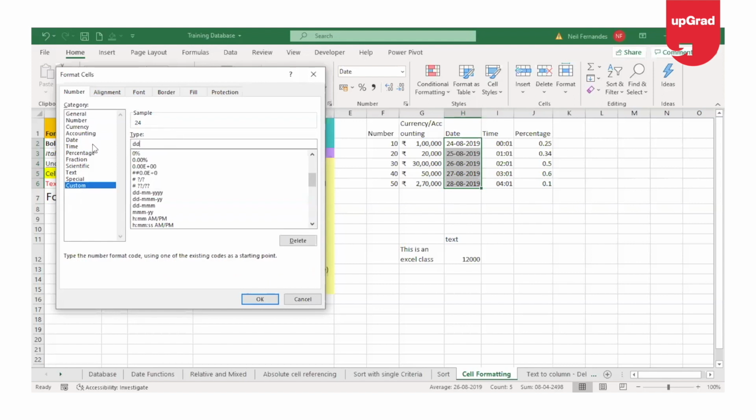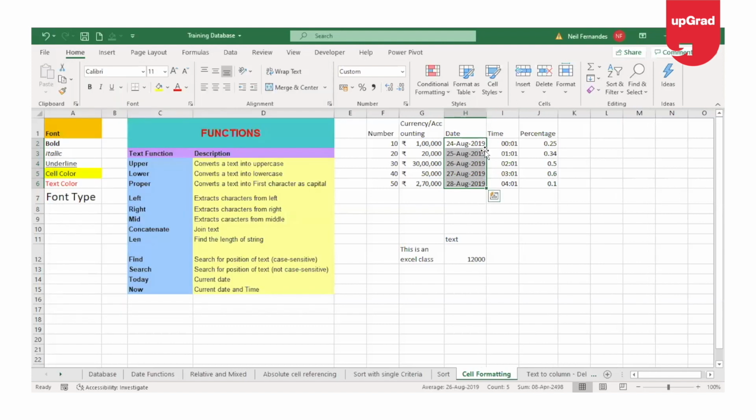I'll put DD-MMMM. Here you can see if I put 4 M's, it is showing me the name of the month, but I just want the first 3 letters of that month. So I'm going to put only 3 M's and then hyphen YYYY. Once I do that, I can click on OK and it will change the format to that particular format that I had asked it to put.